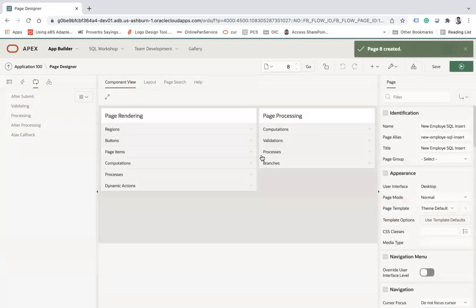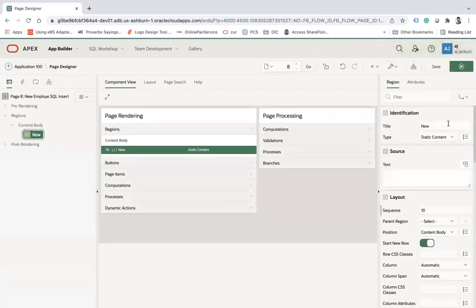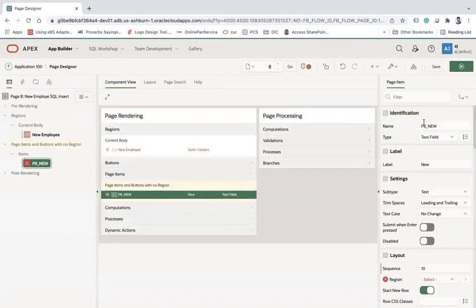When you do this, a new page will be created, which will be a blank page. Now, what I'm going to do is create an empty region, and the title will be new employee. I will make the type as static content, which is the default. Here we are going to create a few page items. I'm going to give a name to these page items.